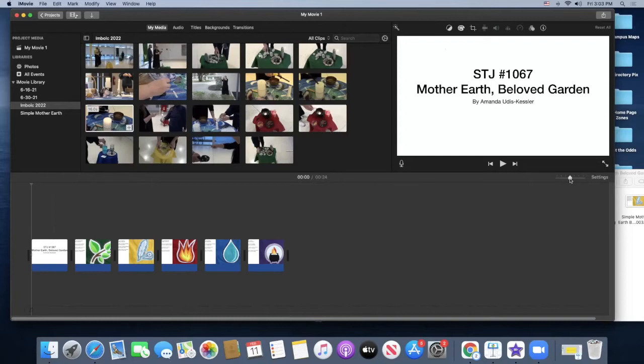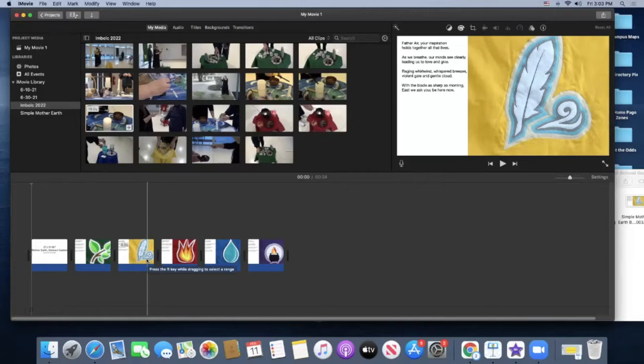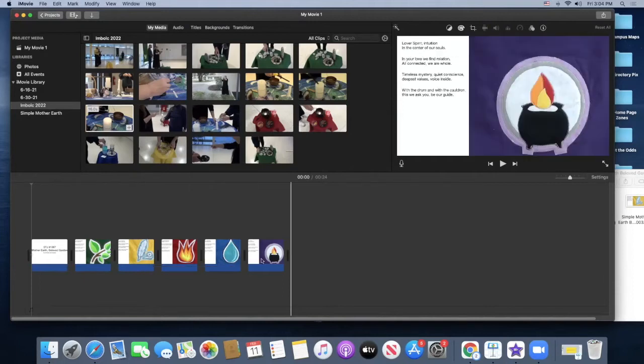Now I want to bring in my music carefully. One thing I want to mention is that when I imported them, they're all the same. You see this little 4? It's 4 seconds of the title, 4 seconds of the green earth, 4 seconds of air, and so on. This is where we have to do some adjusting so the image stays up on the board for the lyric that it belongs to. We also don't want to start the music way at the front,